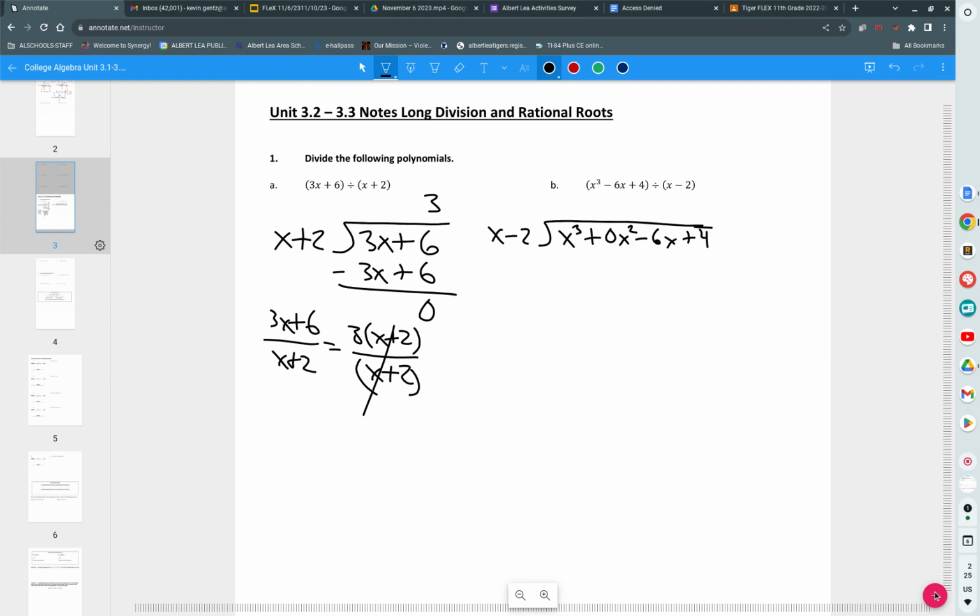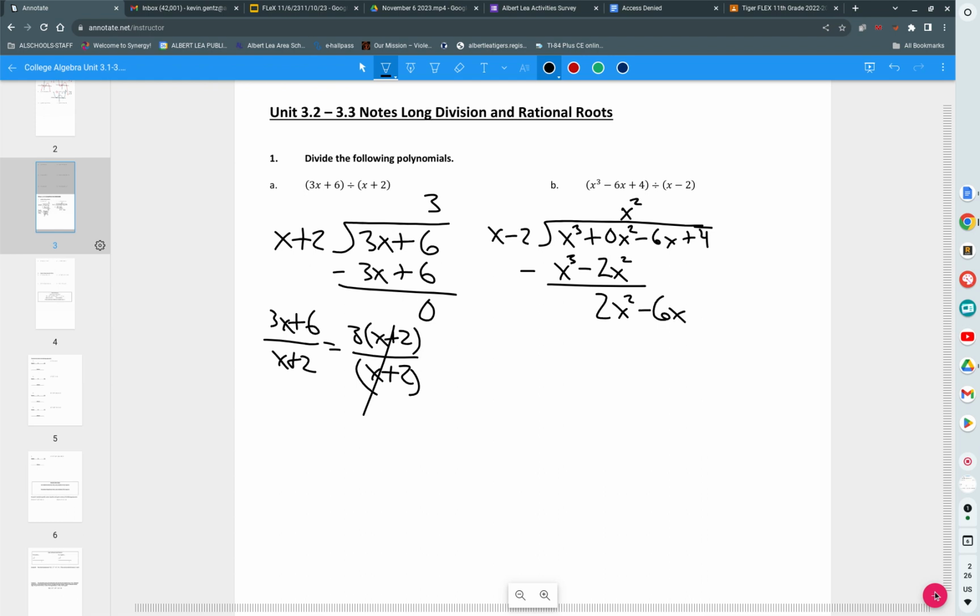Okay. What do you multiply x by to get x cubed? X squared. It goes above the x squareds. I multiply the x squared back through, and I get x cubed minus 2x squared. And I subtract those pieces. X cubed minus x cubed, 0. 0x squared minus negative 2x squared, positive 2x squared. Now, I drop down the negative 6x